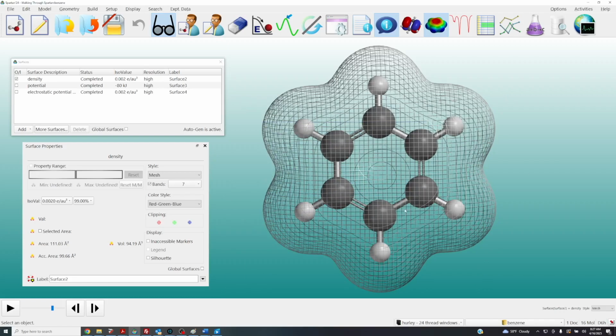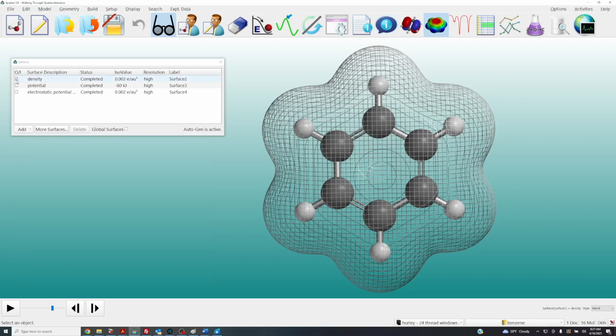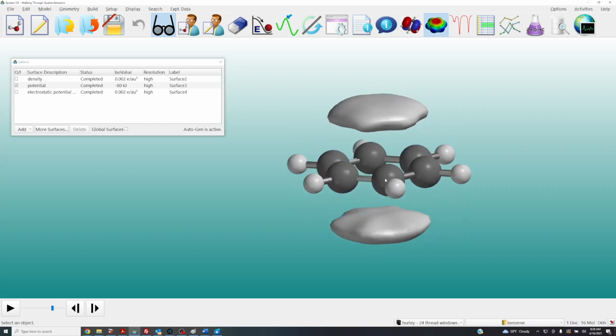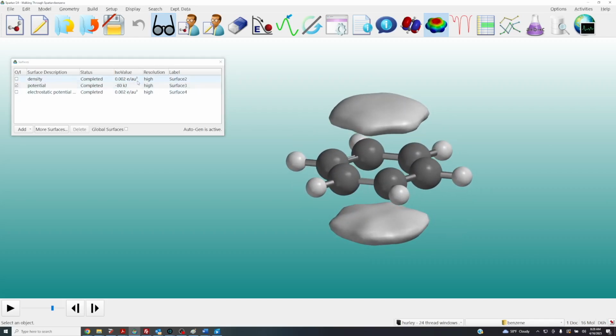Okay, so with regard back to benzene with the electron density displayed. So this is essentially how close one can get to benzene. And then one might ask the question, if I'm probing the charge, if I'm a point positive charge at infinity and as I approach benzene, how do I feel? So as I approach the protons, I'm repelled, and as I approach the pi system, the electrons above and below the ring, I'm attracted. So let's take a look at that. And that's what this surface is, basically saying I feel a level of attraction, 80 kilojoules, above and below the